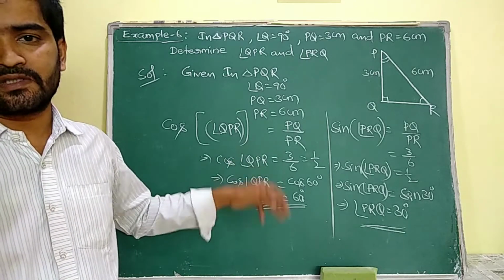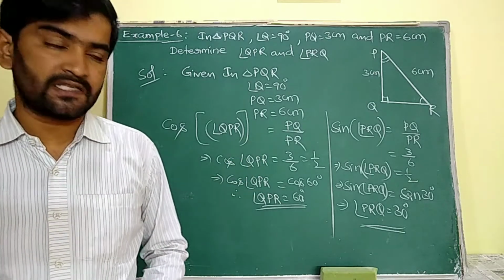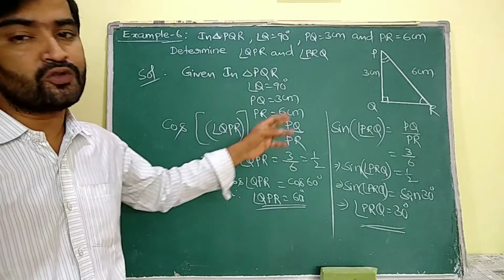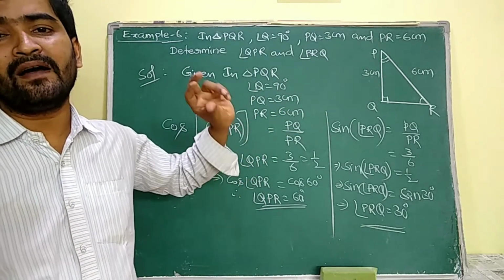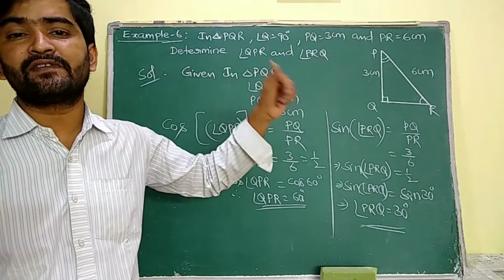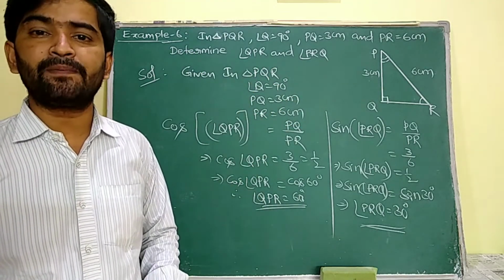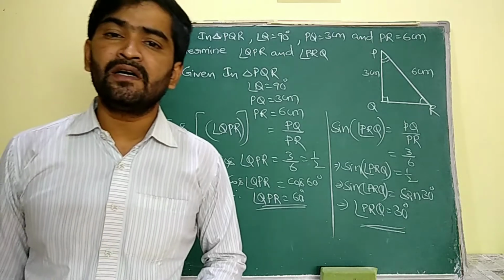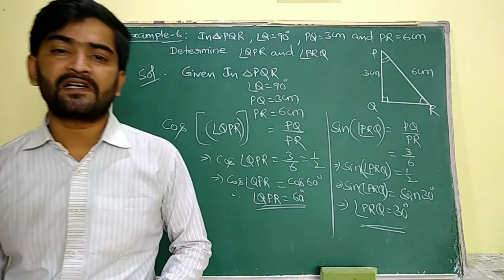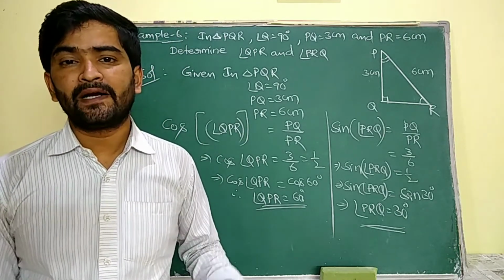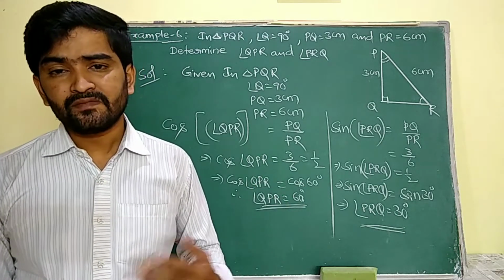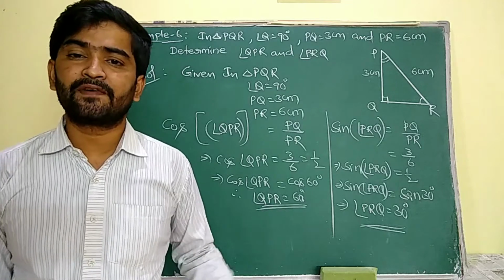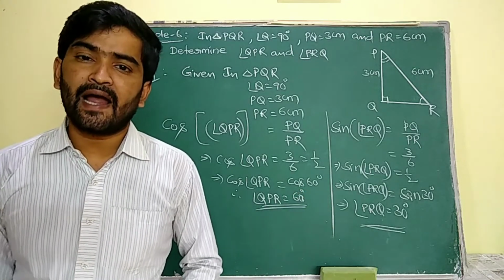Okay, this is a simple question. Once again I am going to explain the logic. Whenever you are asked to find the angle by giving two sides, you have to compare the ratio of the two sides with respect to that given angle. Check which trigonometric ratio or function is formed by taking those two sides. By comparing its values, definitely you will calculate the required angles.